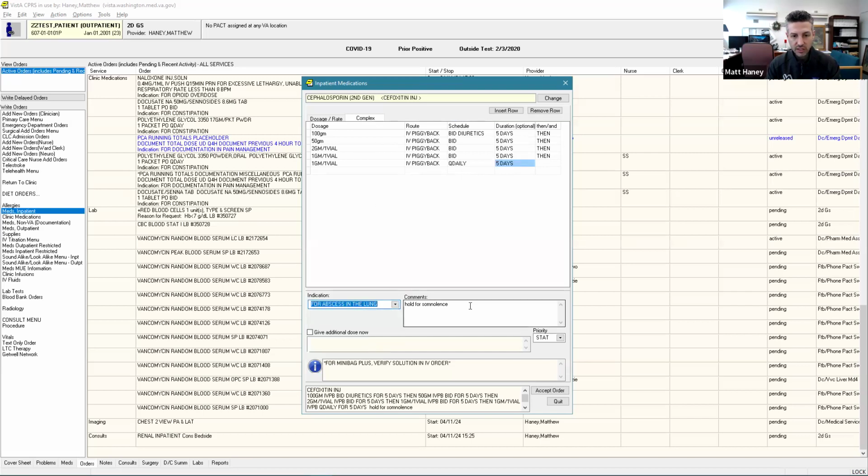We again select our indication for abscess, say hold for somnolence as we previously did. And I will also point out this additional dose now button. So again, unfortunate that we can't see the dosing times based on our schedule. But if you want the patient to get a dose and the dosing time is passed, say it's 11 a.m. and we want to give the 9 a.m. dose of a BID medication as opposed to waiting all the way until 9 p.m., we need to select give